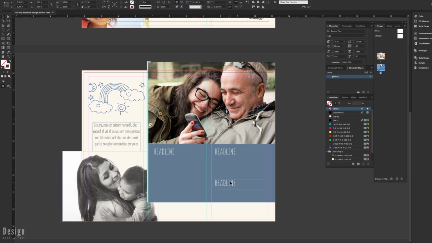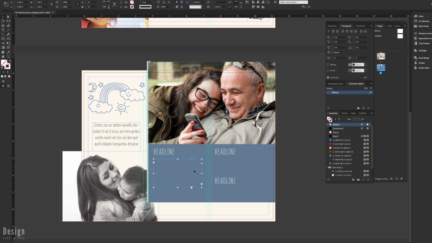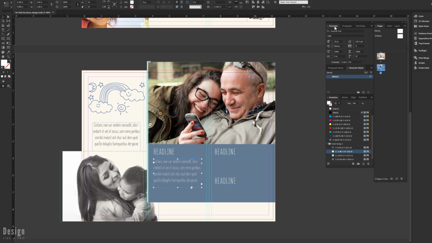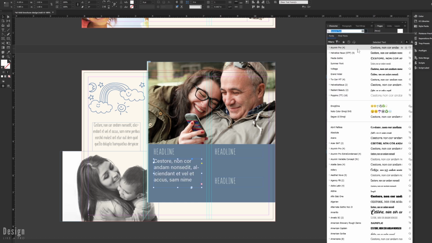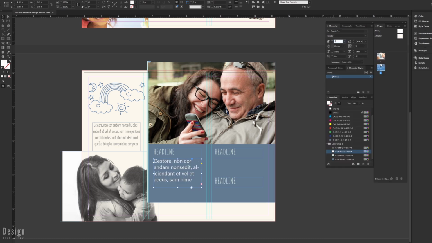So I'm just going to duplicate this headline a few times just to give us our area for content, and then clone this again and go to our paragraph here, left align that, again bring this to the front so we can see it, and then this inside text is going to be white. Sorry, not the stroke, the actual text here is going to be white. Okay, and we don't want it to be that style because we can't see that as well. So we're going to use our sans serif font that we've been using before. Take that down, and so now we've got